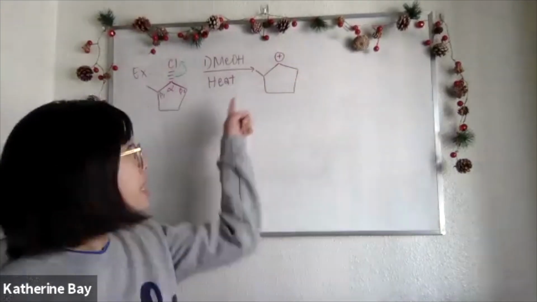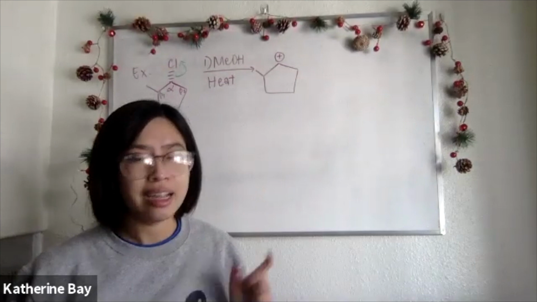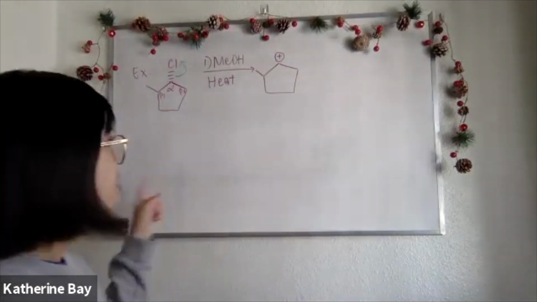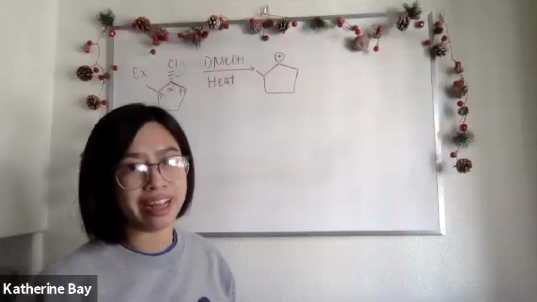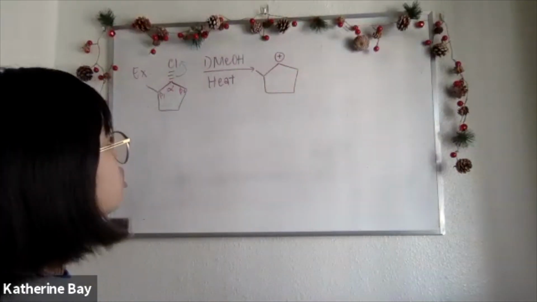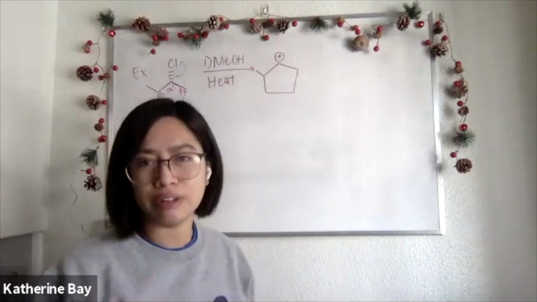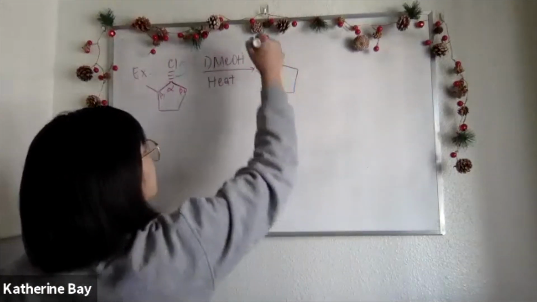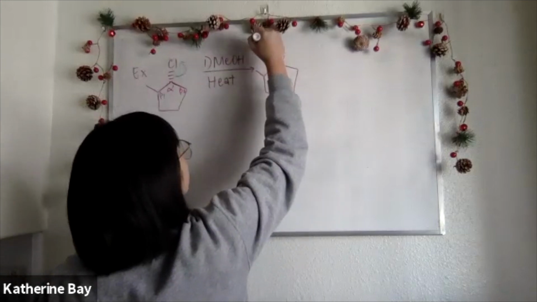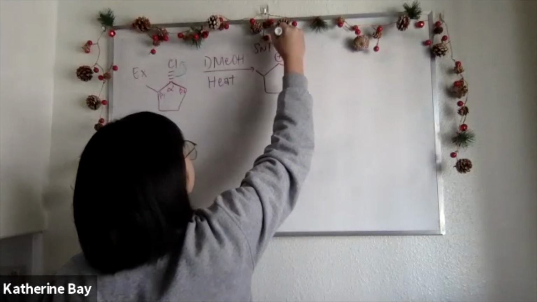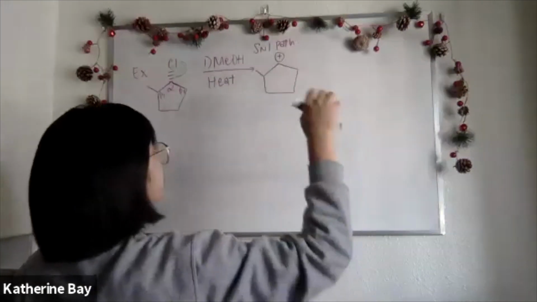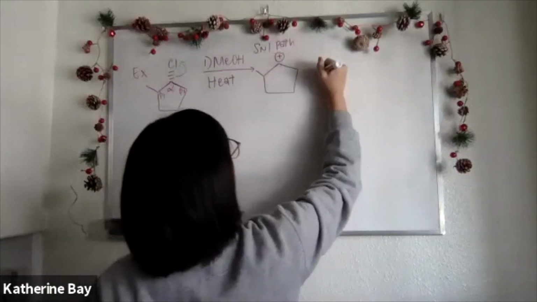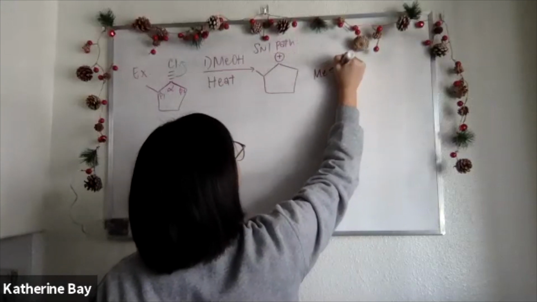Now that we have made it to this carbocation intermediate, our pathway can diverge into two different paths just because it's proceeding through both SN1 and E1. So let's first draw the SN1 pathway, but eventually we'll get to the E1 as well. If we're following the SN1 pathway first, and I'll just write it up above here, the next step in the SN1 pathway, once we form the carbocation, is that our weak nucleophile methanol